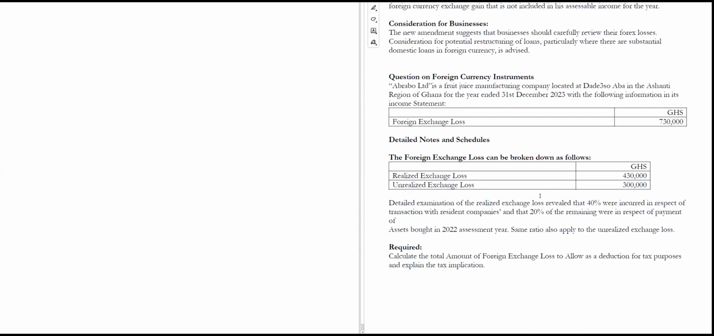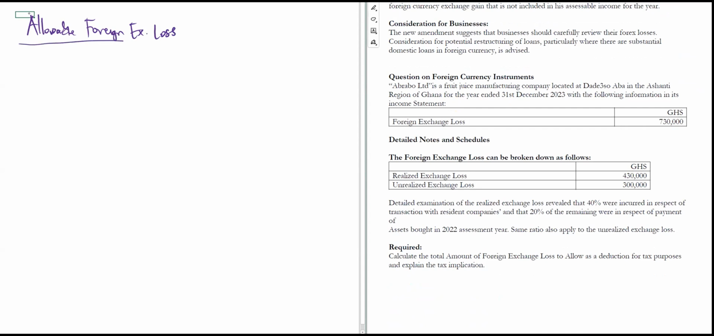So with this simple example, can we tell how much must be allowed? How much will be our allowable forex loss, based on what we just read? We know the realized forex loss is the 430,000. No, the whole 430 will not be allowed, because look, it says: